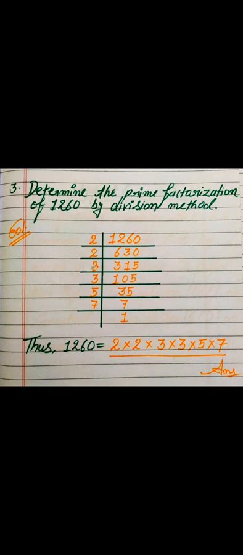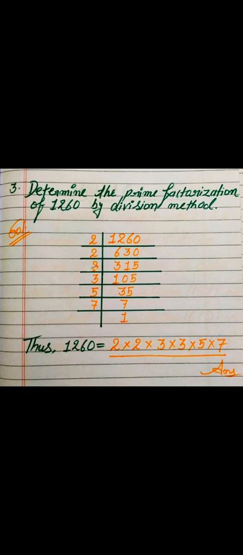That means we will think of the next prime number, and the next prime number is 3. And for 3 we know the divisibility rule, that if the sum of all the digits of any number is divisible by 3, then the whole number is divisible by 3. Like when you add 3 plus 1 plus 5, 3 plus 1 is 4 and 4 plus 5, you will get 9. As 9 is divisible by 3, that means this 315 is also divisible by 3.